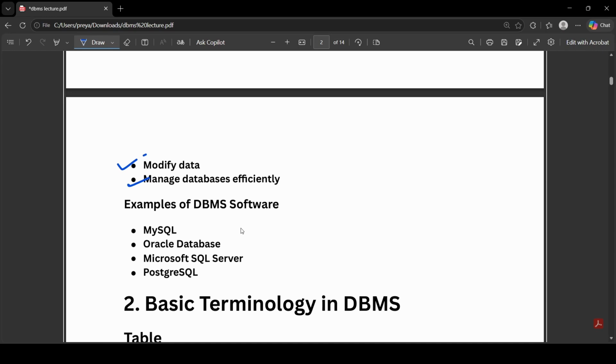To put this into practice, you will encounter some famous brands of DBMS software throughout your career. You might use MySQL or PostgreSQL for web development, Oracle for massive corporate systems, or Microsoft SQL Server for enterprise environments. By the end of this module, you will not just be looking at data. You will be learning how to architect these systems to power the next generation of apps.